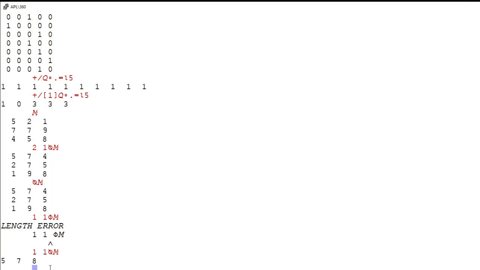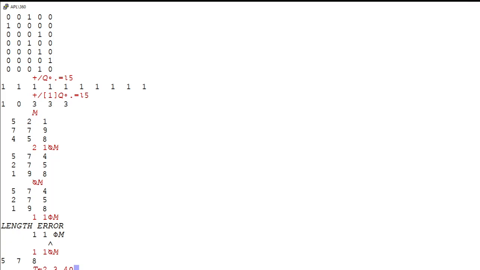Where the dyadic version of transpose becomes more useful is when we have matrices that are larger than 2 dimensions, or have a rank larger than 2. So here we'll make, I'm not sure what word to use, an array of rank 3, a matrix of rank 3. So we'll do 2, 3, 4. T gets 2, 3, 4